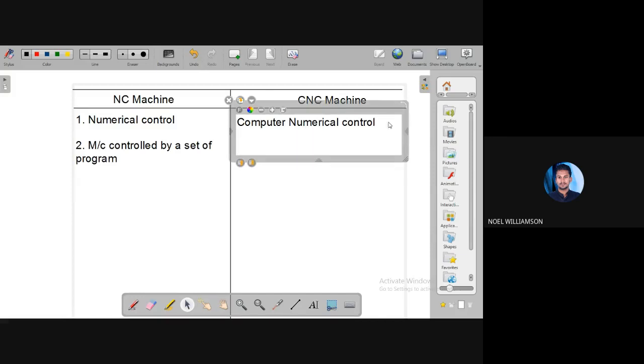Here also a prepared program is used, but the program is in alphanumeric data, or it is fed into the computer.